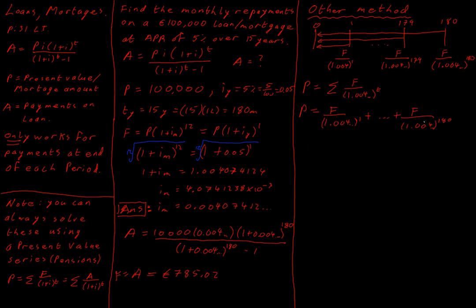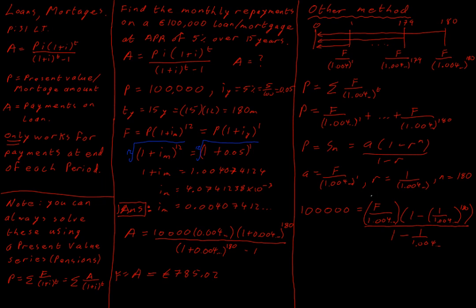So I've written out my series and only written in my first and last term. So now I recognize I have my geometric series. So I'm going to write in my geometric series formula. Now, when I have subbed in all of my different values, I see I have only one unknown. So I'm going to put all of this mess into the calculator. So you can effectively have the f outside, and this is 1 all over, or our 1.004, so on. Put all of that into the calculator, and we get 100,000 is equal to f on